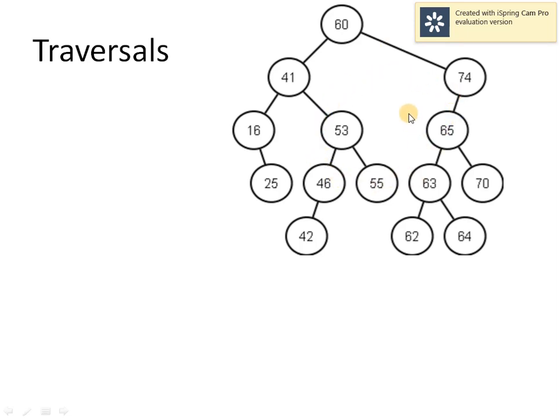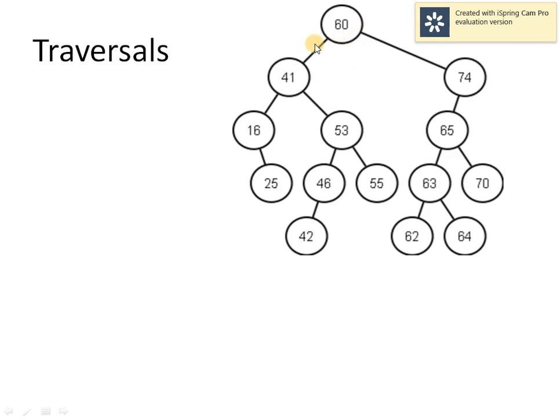We can see it's a binary tree because the number of children any node is having is 0 or 1 or 2, not more than this. So it is a binary tree. But to verify if it is a binary search tree or not, we have to check if the left part has all the node values lesser than the node value, and the right part has all the node values greater than the node value.